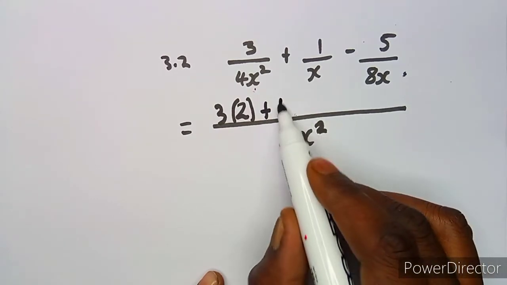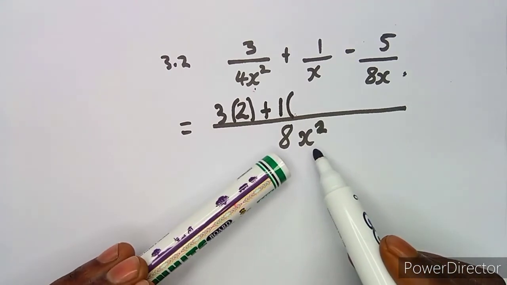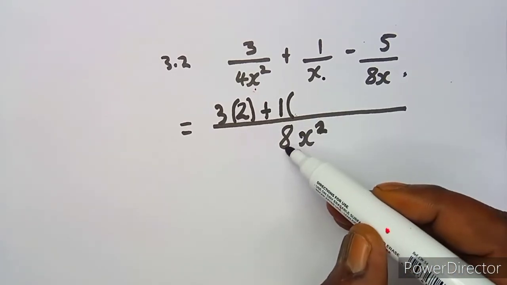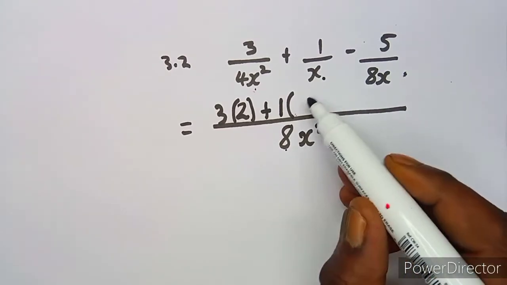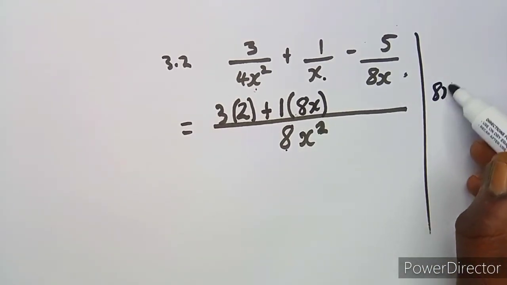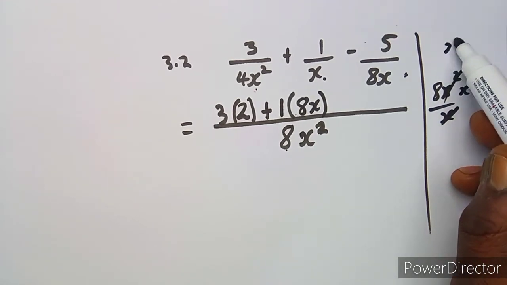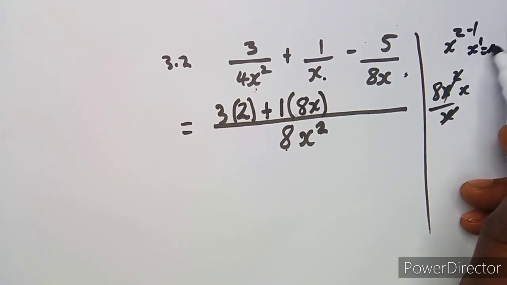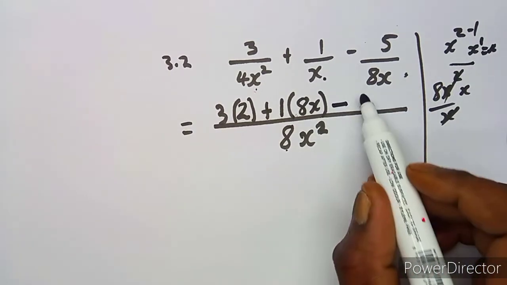Plus the same thing, 1 is going to multiply the answer that you're going to obtain when you divide 8x squared and x. So as you can see, it's going to be 8x squared divided by x. This is going to cancel, and we're going to remain with 8x like this. So this is going to cancel here, which is x, or simply x squared minus 1, which is x to the exponent of 1, which is x. So it's going to be 8x using laws of exponents if you want, minus 5,